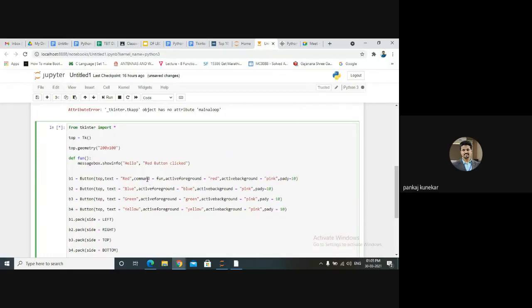We need to pass the command over here, and we need to create a message box here. We have not seen yet how we can create a message box, but go through the documentation and you can see how. Firstly we are covering all the widgets. So this is the way we can create different buttons, and we can put them onto your window using the pack function.